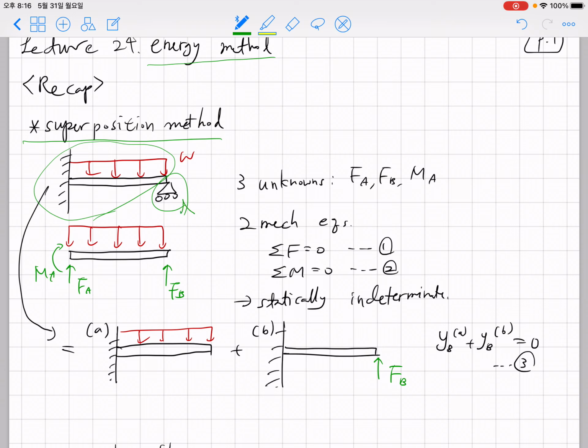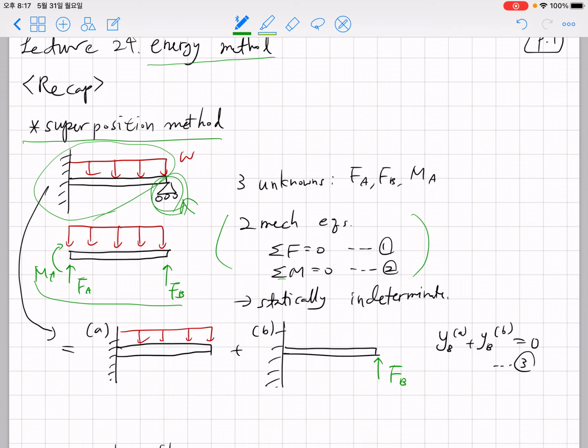Without this simple support, we can still satisfy mechanical equilibrium. However, by adding this additional redundant support, we got some trouble. We have three unknown reactions: one moment, two forces. However, the number of mechanical equilibrium equations that we can bring up is only two: force equilibrium along the vertical direction and moment equilibrium. So here, one of the methods to handle this problem is, in addition to double integration and